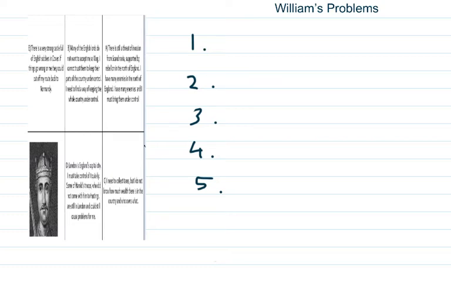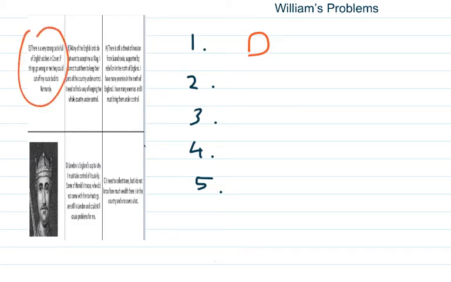All right, William's problems. Now, his first issue is this one here, D. London is England's capital city. I must take control of it quickly. Some of Harold's troops that did not come into Hastings are still in London. So D, in my view, would be the first problem he needs to take care of, because Harold's troops, people who want to kill him, who don't like him, are still in London. He needs to take control of London or he will not be able to get crowned properly as king. Now, 2, I would go for this one.